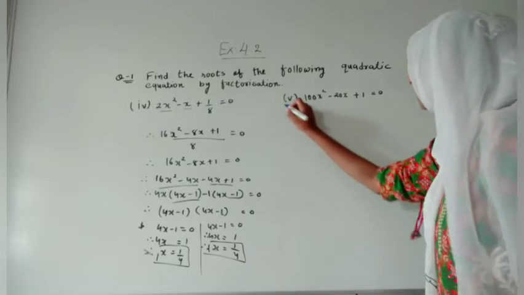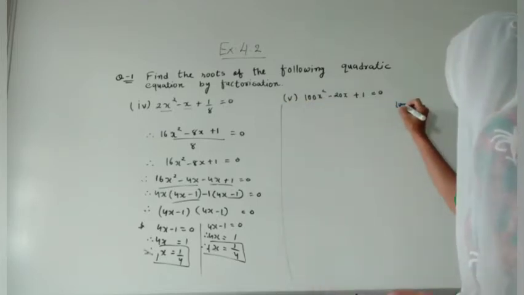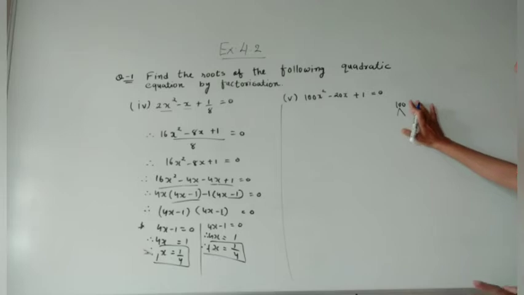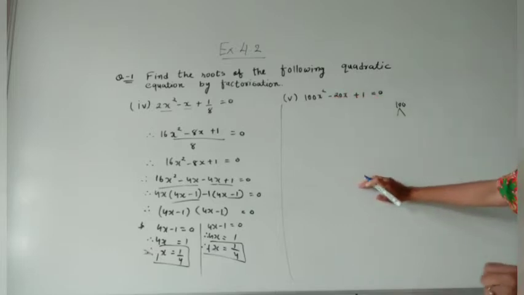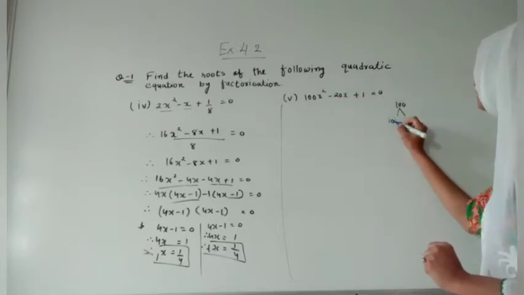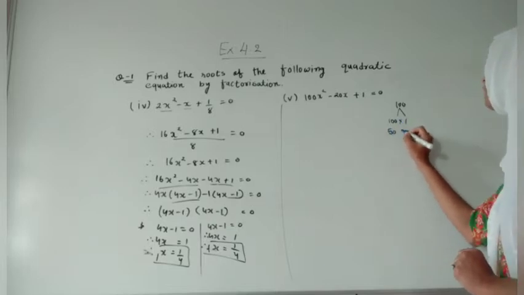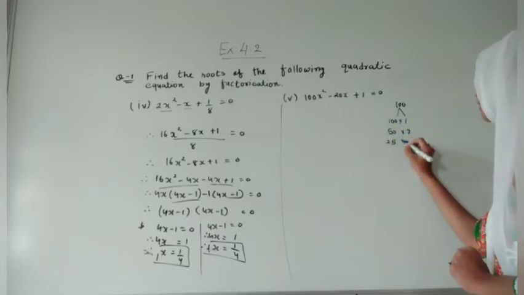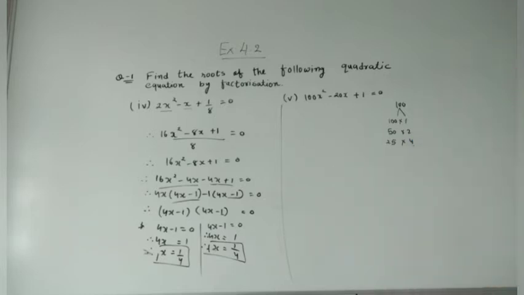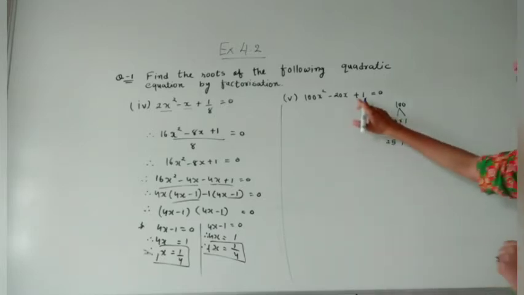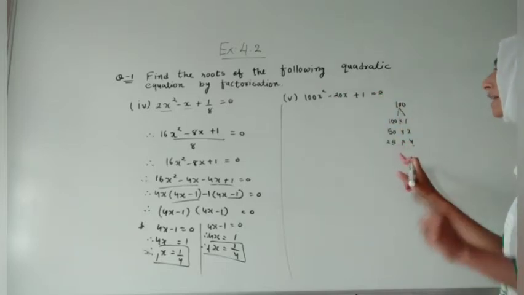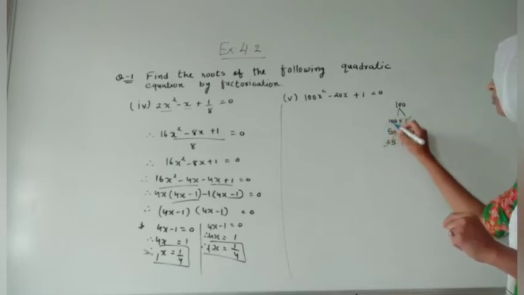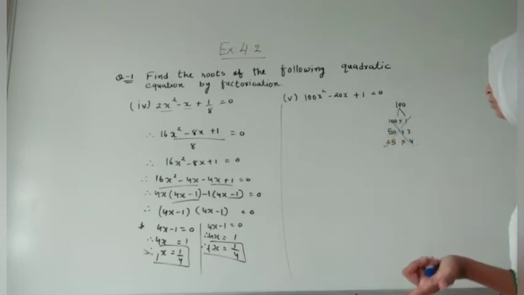Now we will try the second question, that is 100 ones are 100. So we got the value as 100. अभी हमें 100 के ऐसे possible factor निकालने हैं ताकि plus करके आंसर 20 आए. So let us try all the possible things. 1 is like 100 ones are 100, 50 twos are 100, 25 fours are 100. So it is nearby, but we have to do plus and do minus 20. So अगर हम यहाँ minus कर रहे हैं तब 21 आंसर आए, means these are not possible factors. Means we have to find more factors for that.